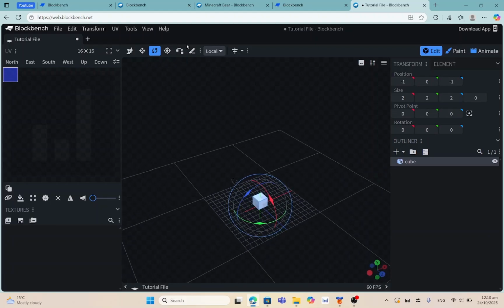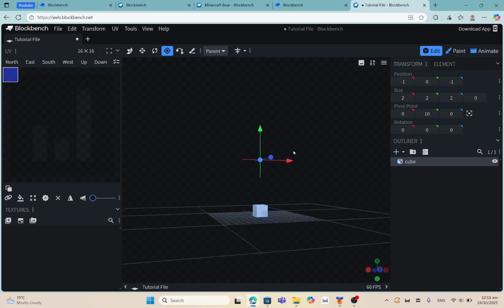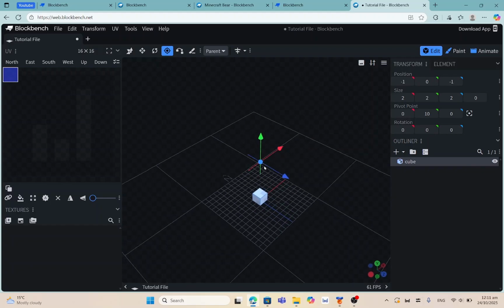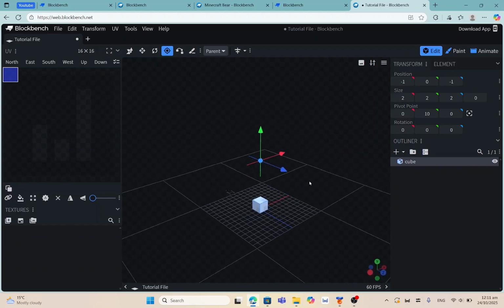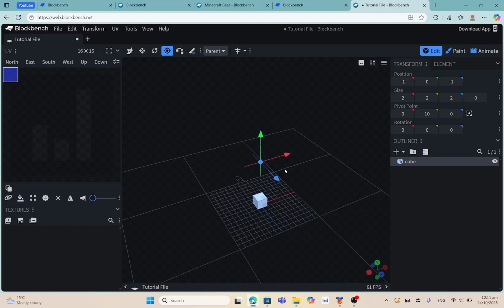So now let's go to the other tools that we have here. The next tool we have is the pivot tool. If I click it here, you can see I get these three lines. But what are these? What is even a pivot? If you don't know what a pivot is, it's like the center mass of an object. If I move this line up here, that means I put the center mass of this cube on top of it. So they're still connected, but the pivot, the center mass where you control it, is